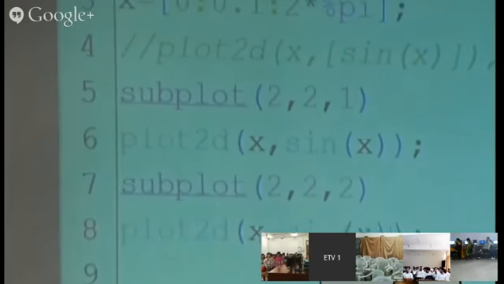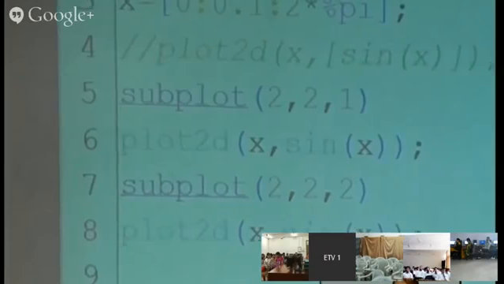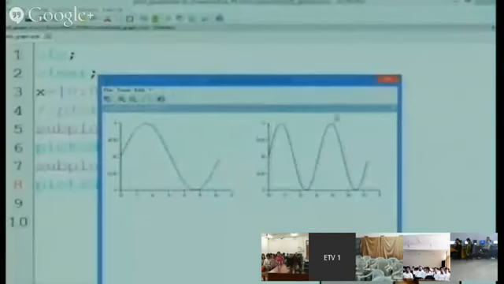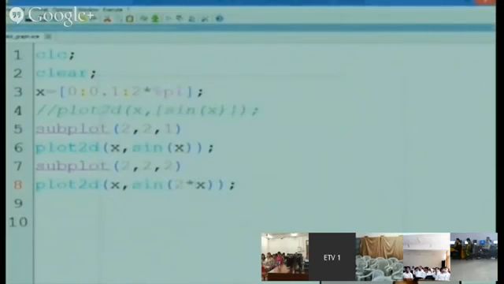So this is x comma, we can write here 2 into x. Let us see. So this is where we are getting the plots. The earlier one which I was using had some error, but that was the syntax we can use. Means we can write plot 2D, and I think here we have to write plot 2D 2.